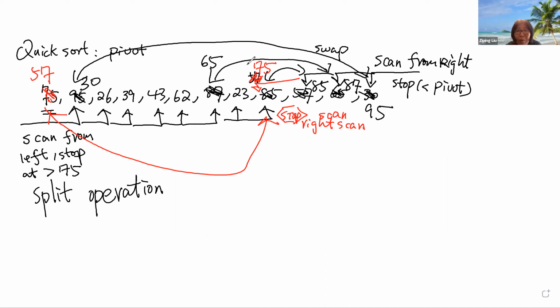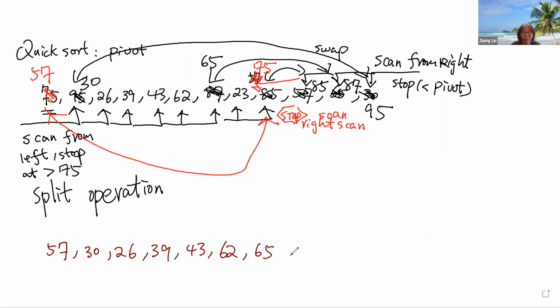Let me rewrite the sequence of numbers, copy it down here. So we have 57, 30, 26, 39, 43, 62, 65, 23, 75, and then 85, 87, 95. So after that split operation, that's what you get. If you take a close look,